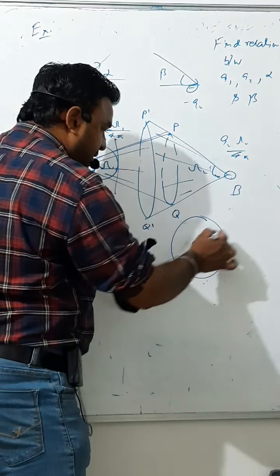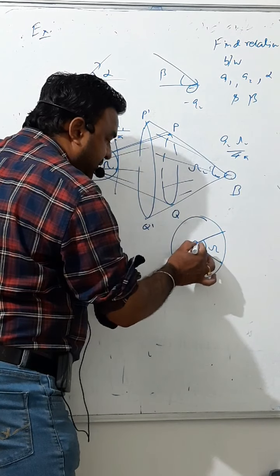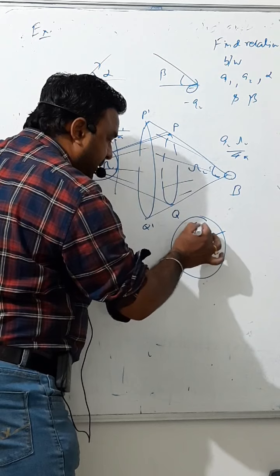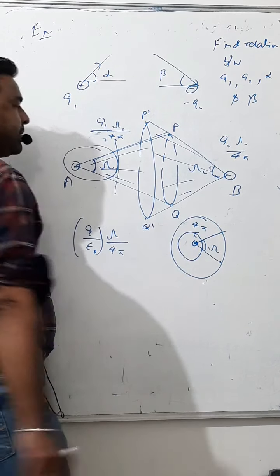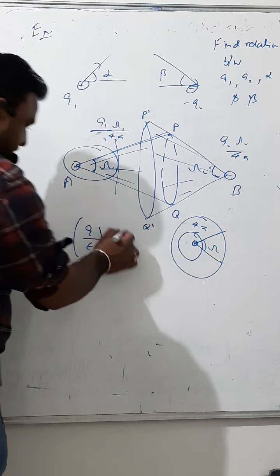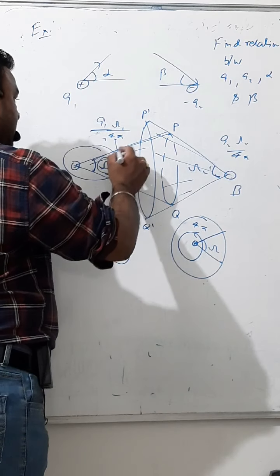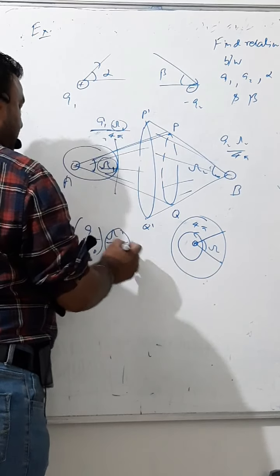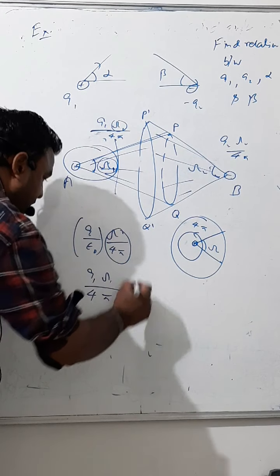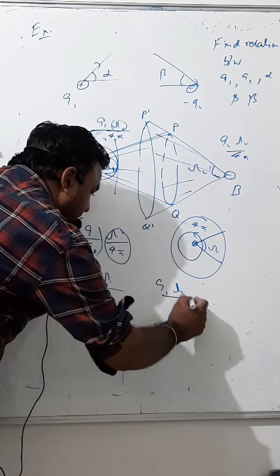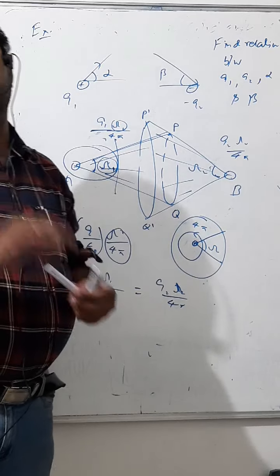Now this total flux is linked with the whole spherical region. Now suppose I want to calculate for this section. Here the solid angle is omega, and for the complete sphere it is 4 pi. So I write omega upon 4 pi. In this case, I calculate this omega 1, then its flux will be Q1 omega 1 by 4 pi, and its flux will be Q2 omega 2 by 4 pi. These two must be the same.